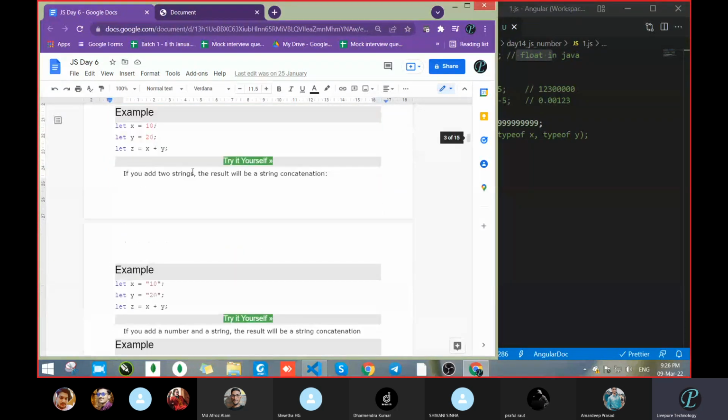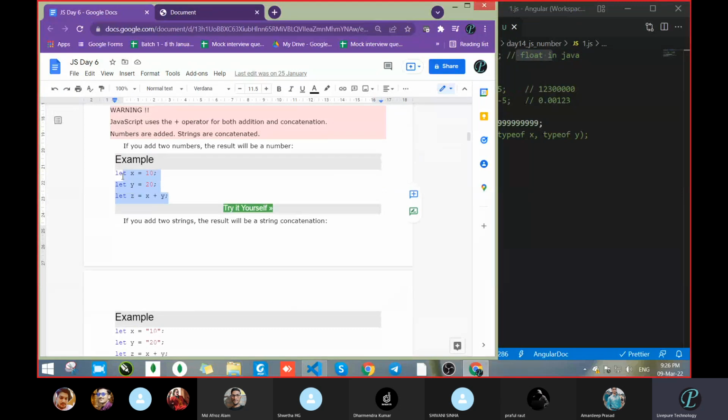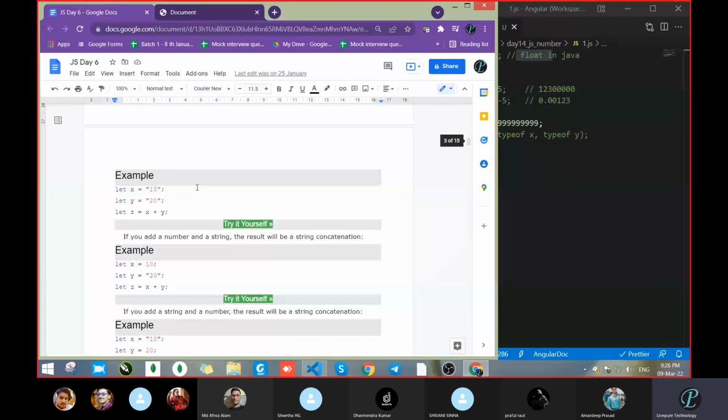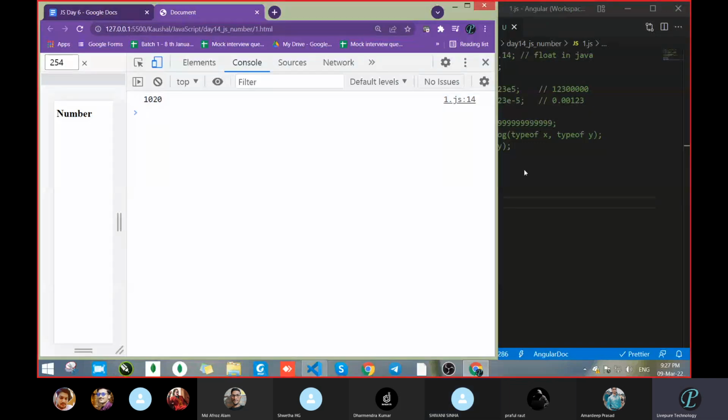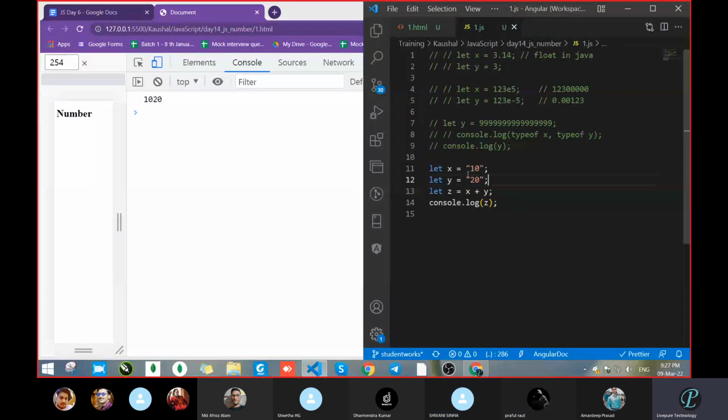We had seen this. Now this is addition of two numbers. Anyone having an issue with the addition of two numbers? Is this addition or not? Addition of two strings is concatenation. 10, 20, because 10 is a number and that is a string.